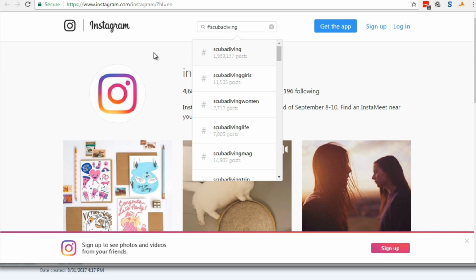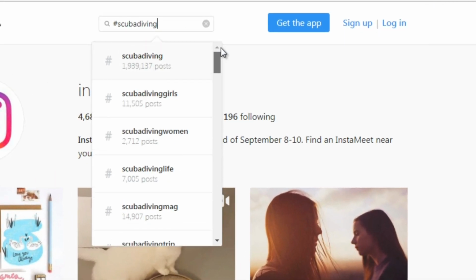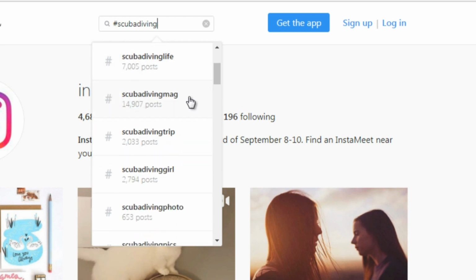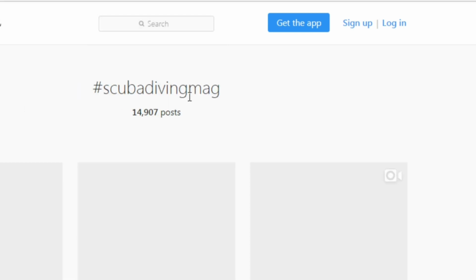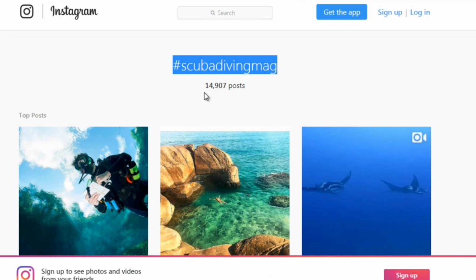And just like the Google Suggest keywords, Instagram also gives you suggestions, right? So we got scuba diving girls, scuba diving woman, scuba diving life, scuba diving magazine, or mag. Let's click on that real quick and see what they're posting. That's the scuba diving mag, and that has 14,000 posts.